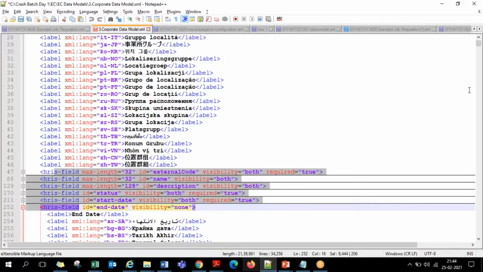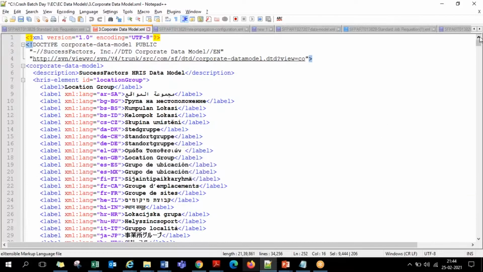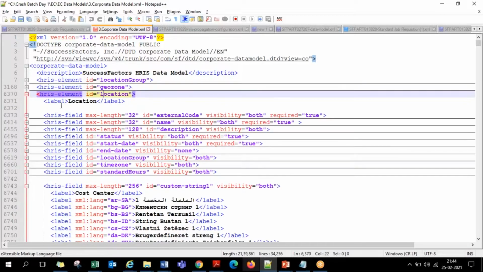So that is how, almost the same way the portlet level definitions are there. When you expand a portlet, you have the label of the portlet and its translations, then each and every field with their translations. Similarly here, these objects also. The location is an object, expand it, you'll have the label along with its translations, then the fields.